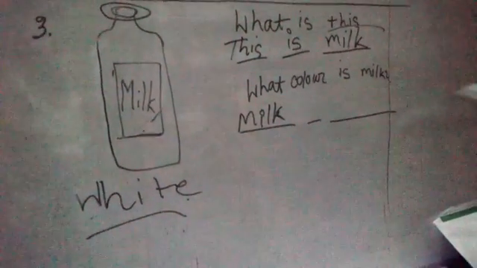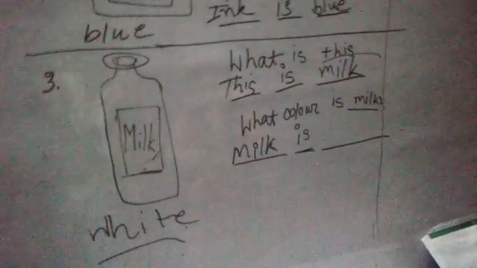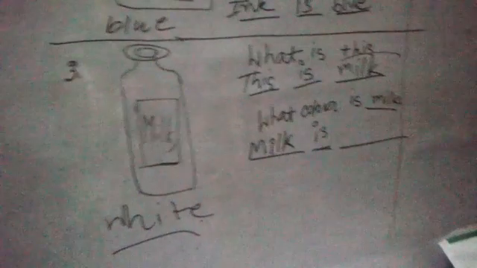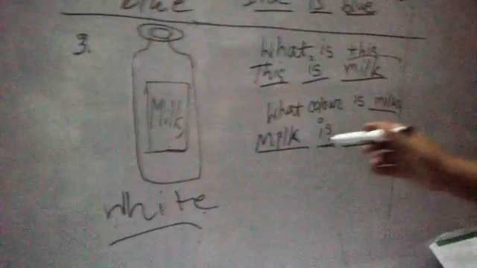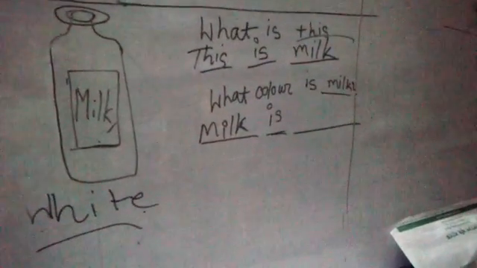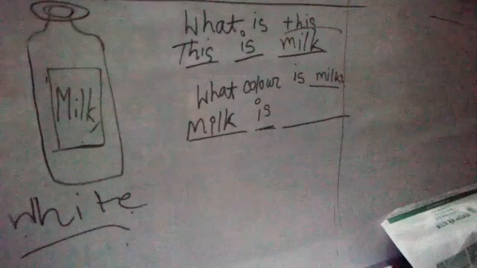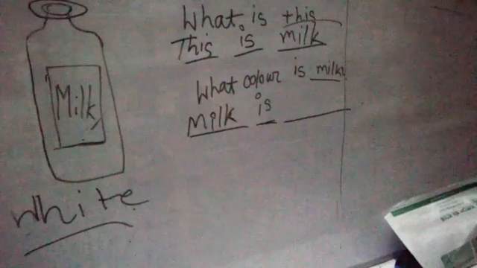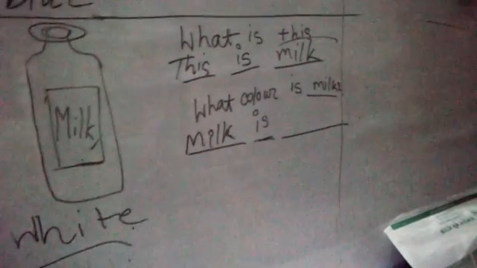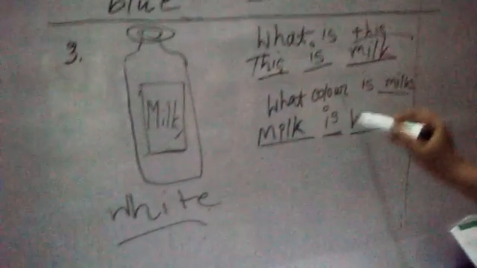So milk, at first you have to put the noun. That means the subject. So the subject or the noun here is milk. As we know that milk is an uncountable noun, we will consider it as a singular one. We can't count it as plural. All the liquids are considered as singular number. I have earlier told you in the class. So here milk is considered a singular noun. For a singular noun we will use the auxiliary verb is. So milk is what? Milk is white.